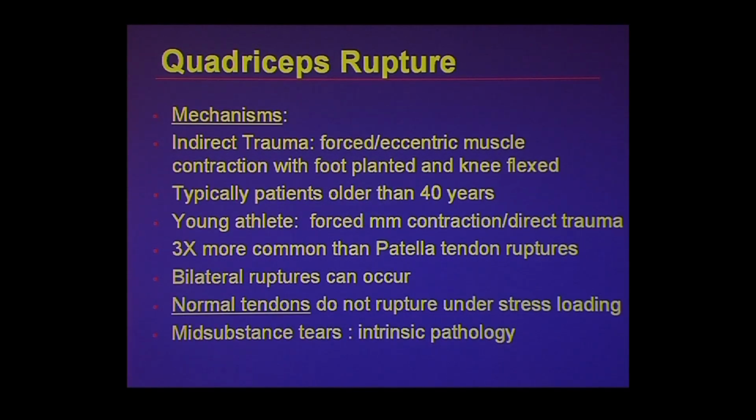Typically patients older than 40. Pretty rare in the young athlete, unless there may be steroids involved or something like that. There's a few of these in the NFL. It's 3 times more common than patellar tendon ruptures. And people can actually have both rupture at the same time, like if they slip and they fall on their knees. Generally, there's some tendinopathy, like the tendon may not be super healthy, and that may be some